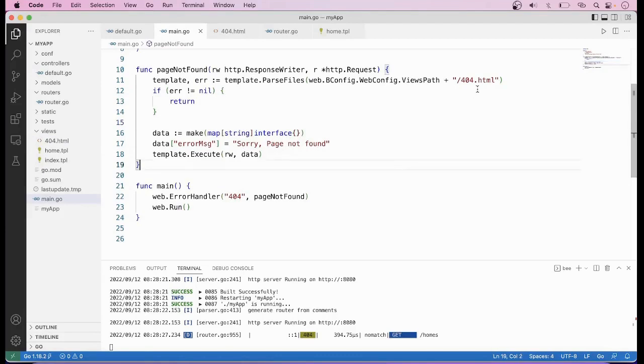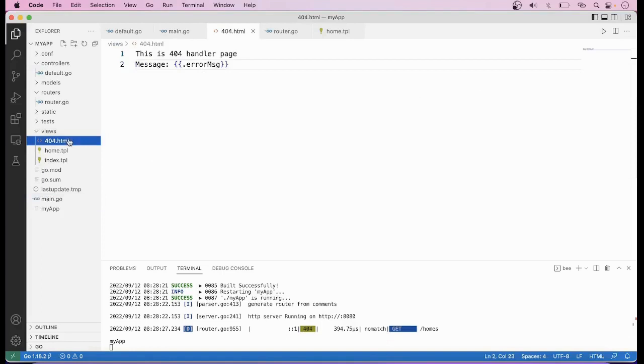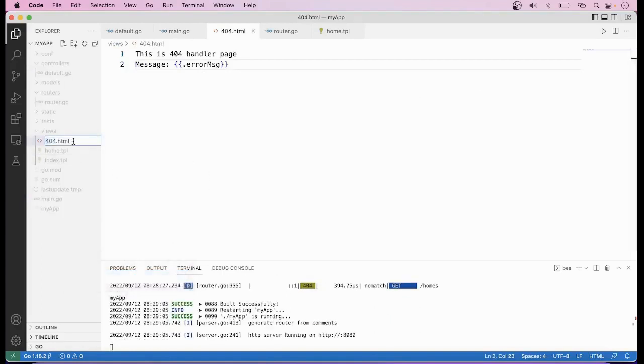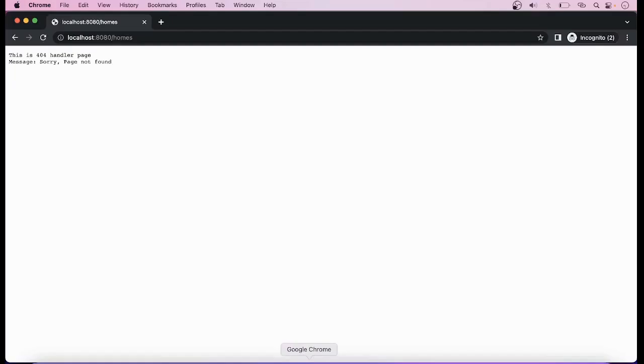Here you can put this file name as tpl also. Here you have to also rename it. Now again, let us refresh this page and you can see the same error message. One more way that you can throw this error message is